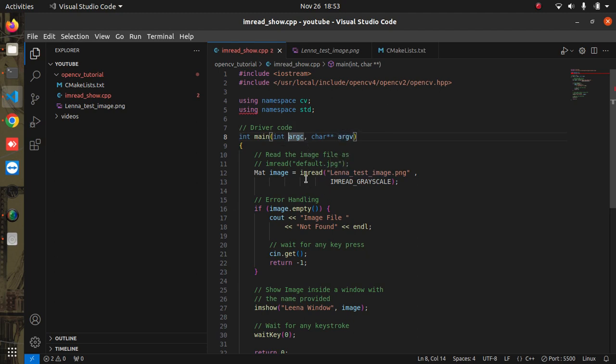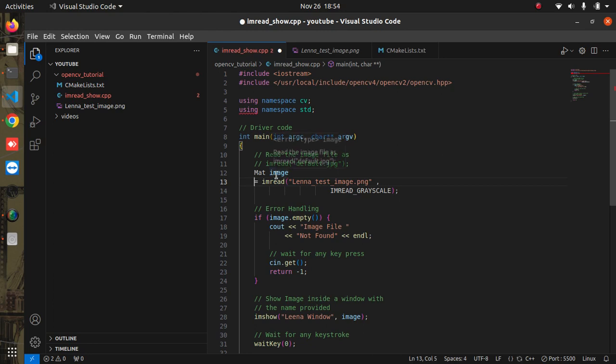After that I am declaring a variable named image of type Mat, and this Mat type is already a built-in data type that comes with cv. Once you have that variable, I will load the content of my image by